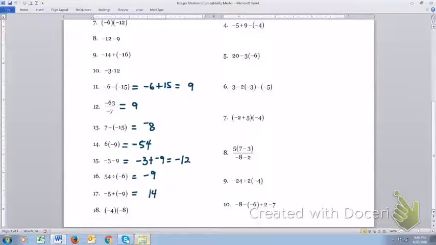We get 14, and we'll use the sign of the two numbers. So our answer is -14. And the last one here, you have a negative times a negative, and we know that's positive, so you get +32. Now that we've done that, let's go ahead and move into the order of operation problems, and we'll start